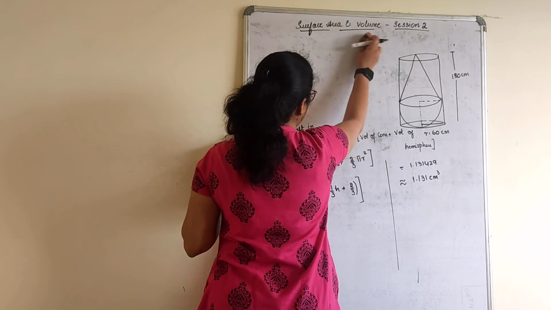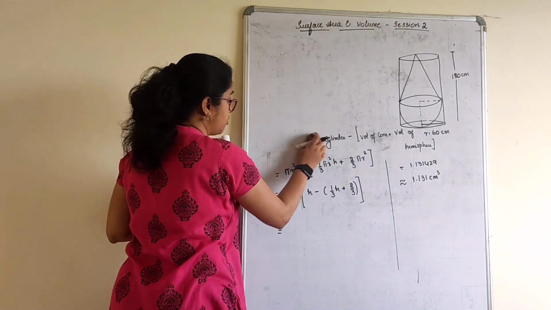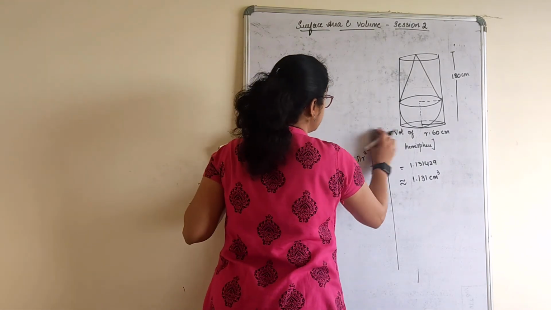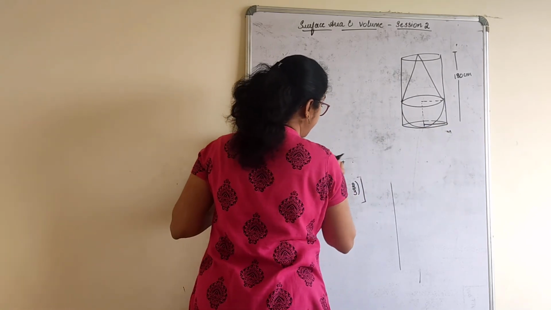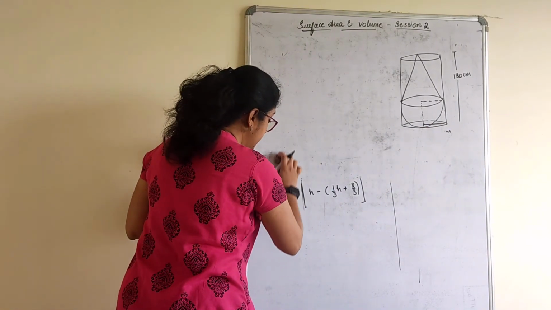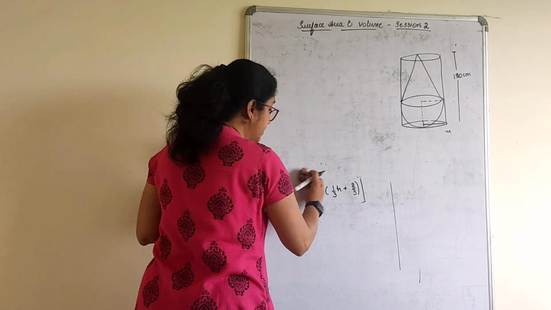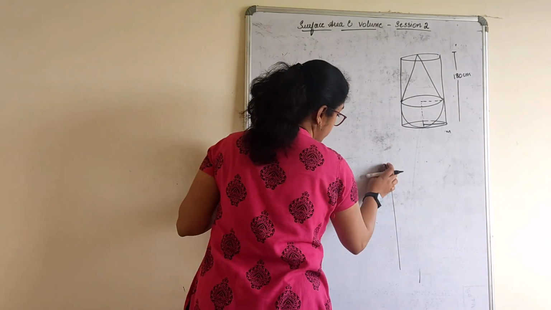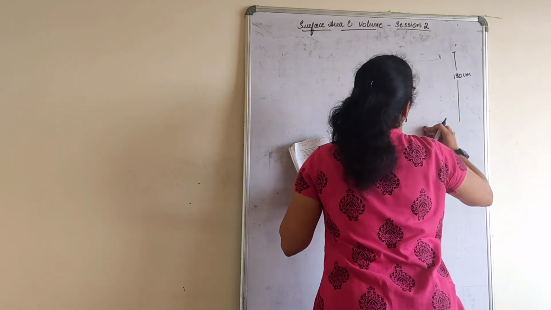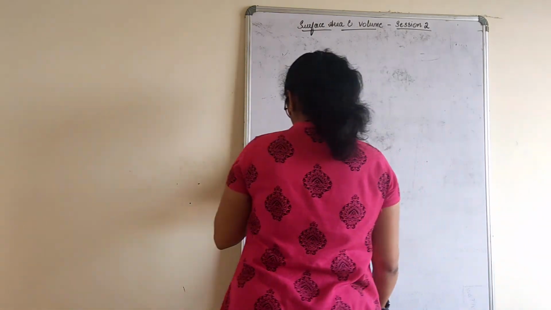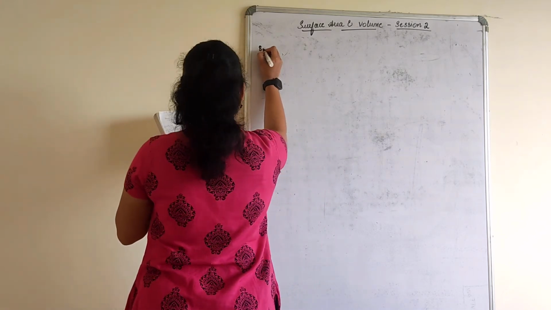But be very careful when you take r, h or all things common, it should share the same radius. Like in one of the previous sums, the r was different. We did not take common there. We bifurcated that in terms of r1 and r2. And the last one, 8th one.